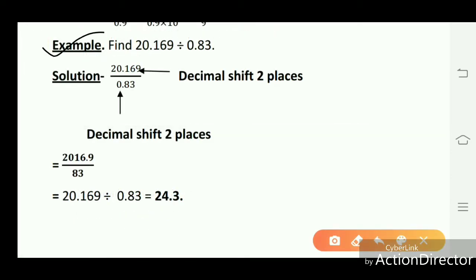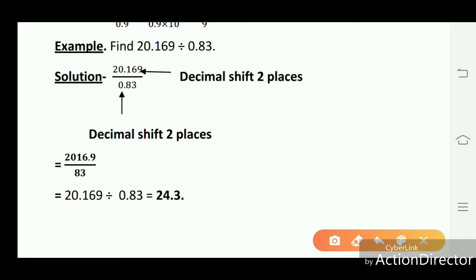Example: find 20.169 divided by 0.83. Solution: 20.169 upon 0.83. Here we give priority to the denominator to make it a whole number. So the denominator is multiplied by 100, so the numerator is also multiplied by 100. So the decimal shifts 2 places in the numerator and the denominator. So when you multiply numerator and denominator by 100 we get 2016.9 upon 83,